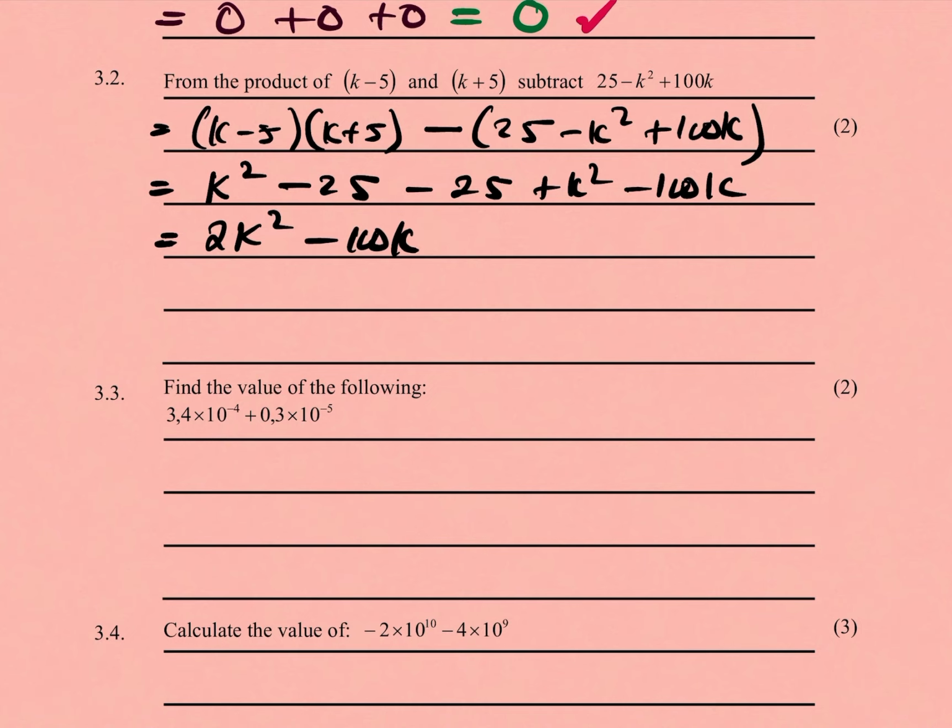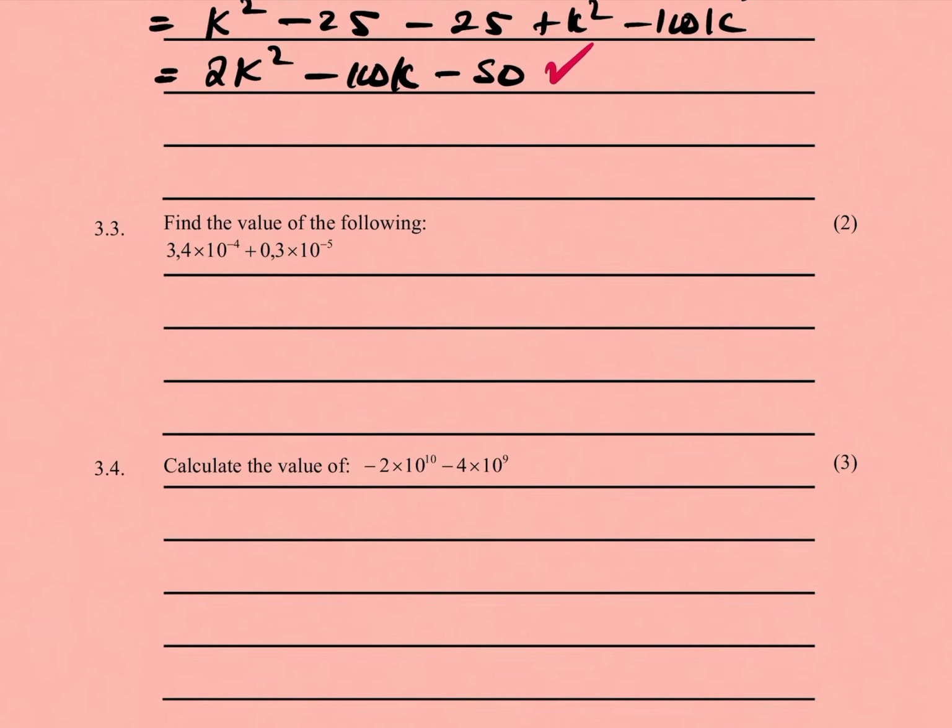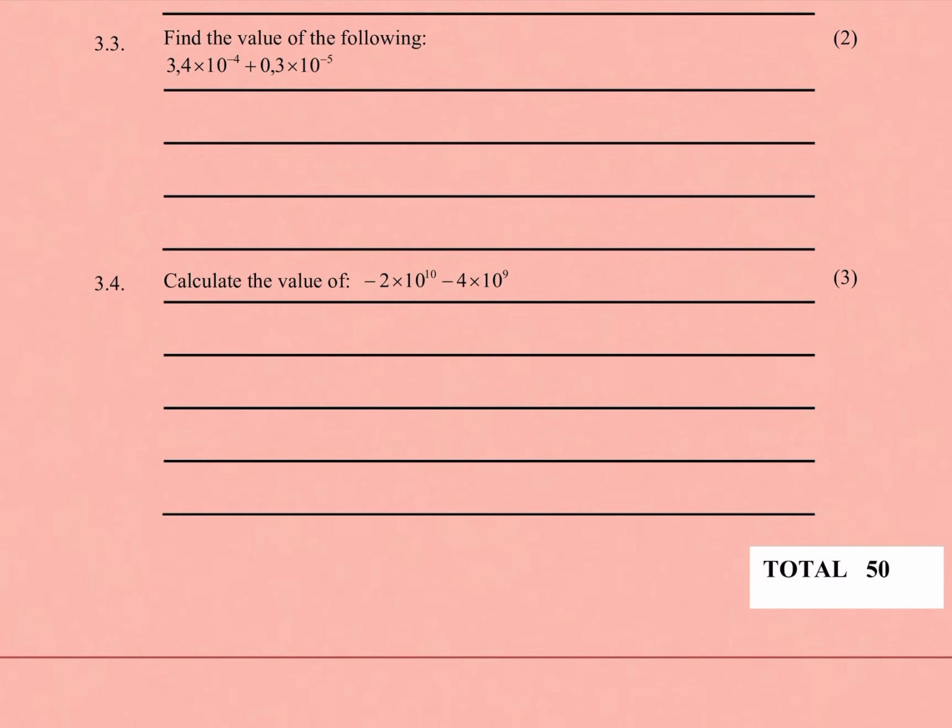Minus 25 minus 25, you're going to get a minus 50 from the calculator. Okay, so that's how you get the 2 marks there. You get that mark and the correct placement of your product and your subtraction. Finally, we get to the easy stuff, which is your